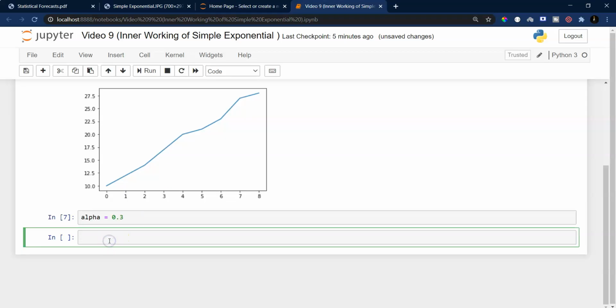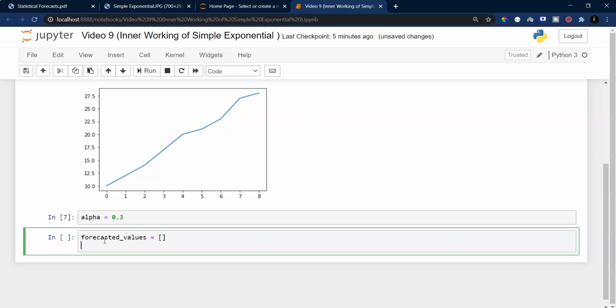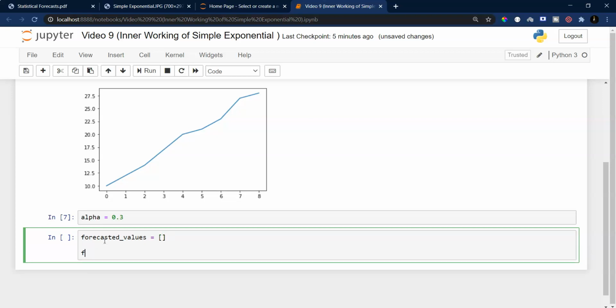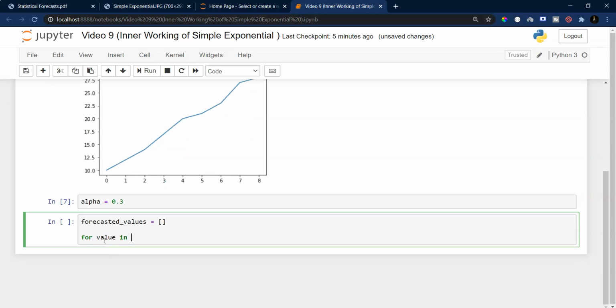Now what I'm going to do is make a list called predicted values, or rather I should say forecasted values. I'll make a list and say something like for value in... I think I should wait a second.